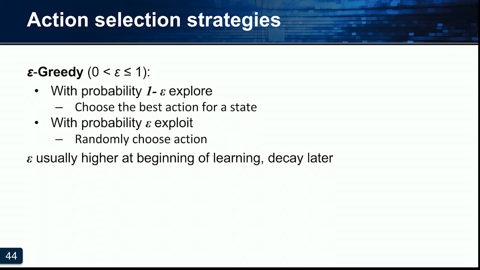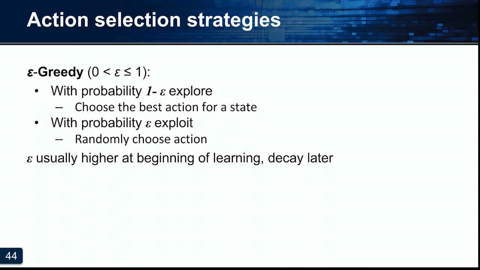In our action selection strategies, as we're trying to explore and go around the world, as part of our learning, we're going to have some algorithm that helps us choose actions. One way to do this is the epsilon greedy algorithm. What it says, for some small number epsilon, for probability 1 minus epsilon, you're going to explore, so you choose your actions randomly. But with probability epsilon, you're going to exploit the knowledge that you have,